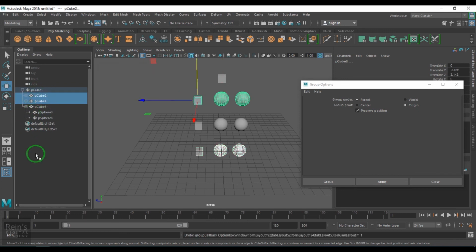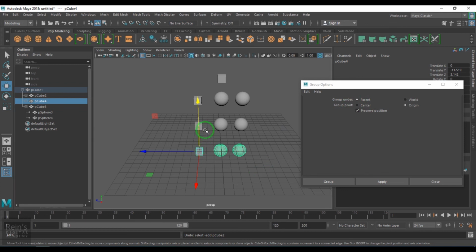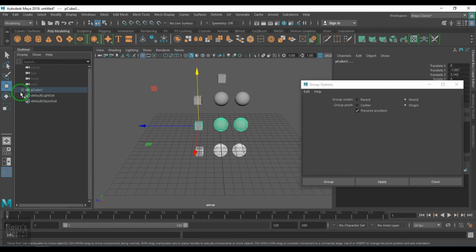So when we are doing a complex hierarchy, then grouping things of different objects in the hierarchy, where that group goes is what this whole thing is about. Now if I say put under world, it will bring everything out of the hierarchy. That's the world option, and that's the parent option.